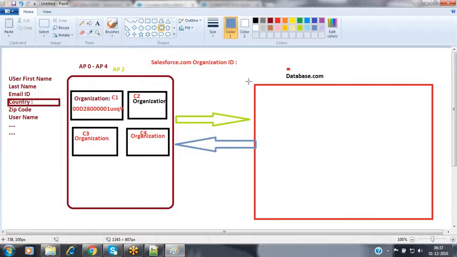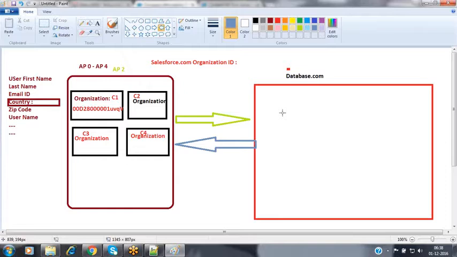The standard objects and standard fields are common to each and every organization. Apart from that, as an organization, I may need some more columns inside the account table, so I have created my fields. Some other people need more fields, so they have created their own fields. Whatever custom fields and custom objects, nothing but custom tables, they have created will be specific to that organization only. But the standard features are common to each and every organization.